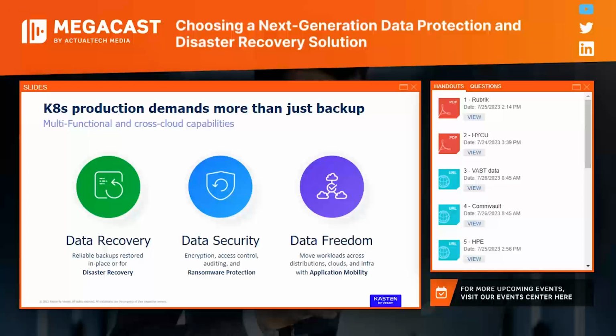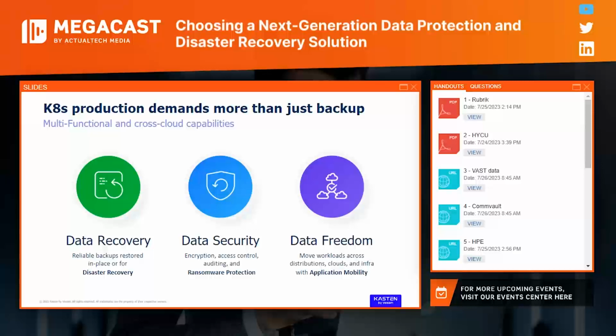We need to make sure we're doing this in a secure manner, right? So we'll talk about Kasten's capability with built-in encryption and the ability to use customer managed keys. We're integrating with things like Red Hat ACS, or Advanced Cluster Security. These are all really important things we need to be aware of, again, in the face of those ransomware attacks, looking at object immutability as well, and support there.